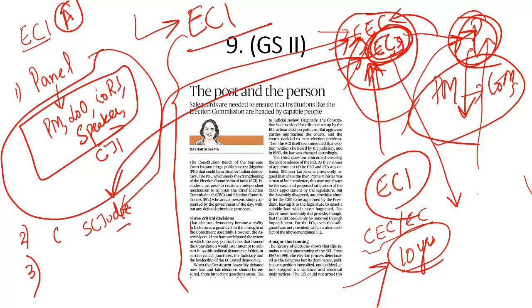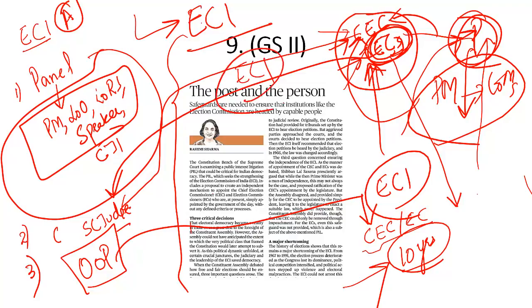On the other hand, Election Commission also recommended that there should be no office of profit provided to the chief election commissioner and election commissioners after their term is over. So after my term as election commission or chief election commissioner is over, then I should not be holding any office of profit till my entire life. These recommendations, if accepted by the government, it will go a long way in strengthening the position, the status, the autonomy of Election Commission of India, because after all, it is our asset.